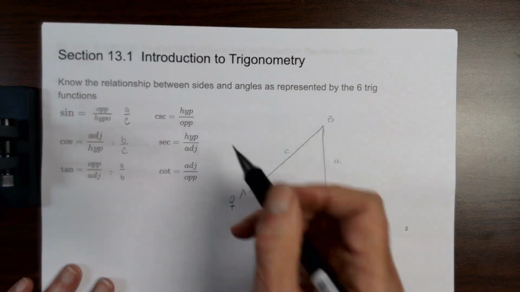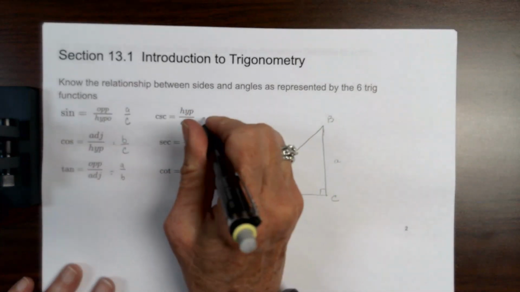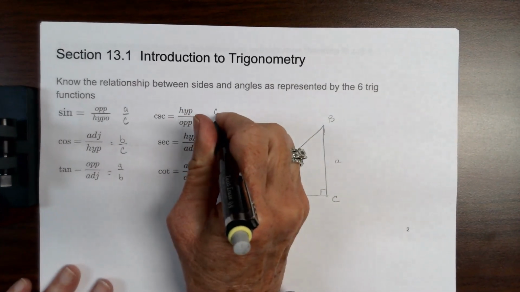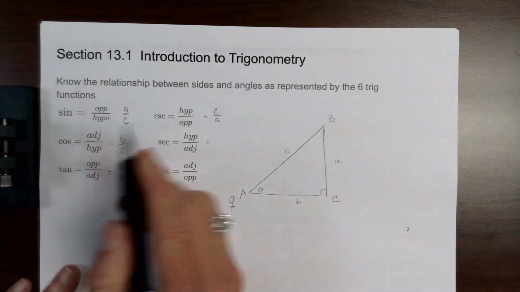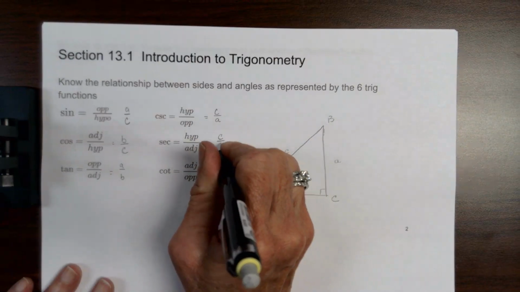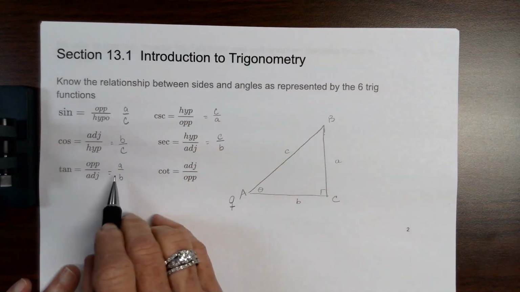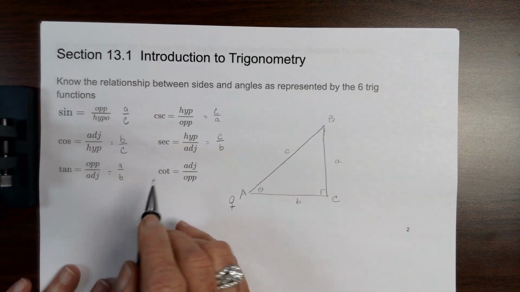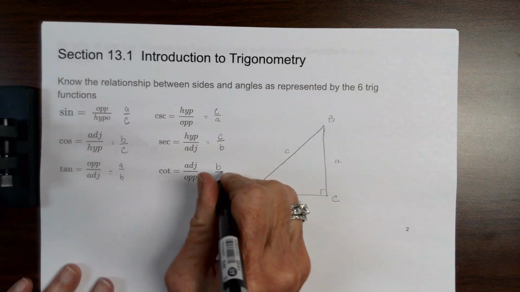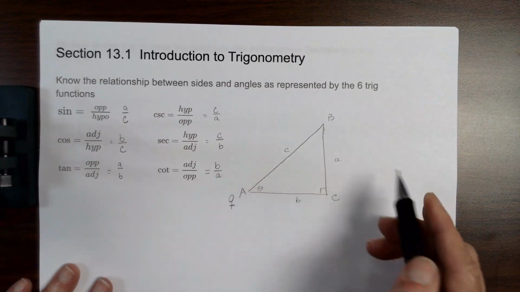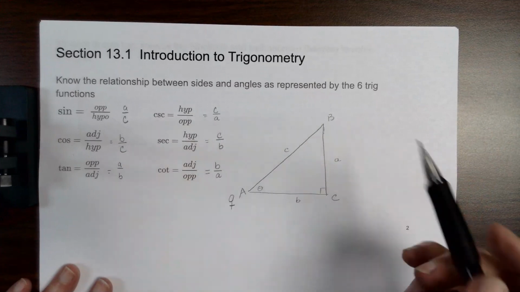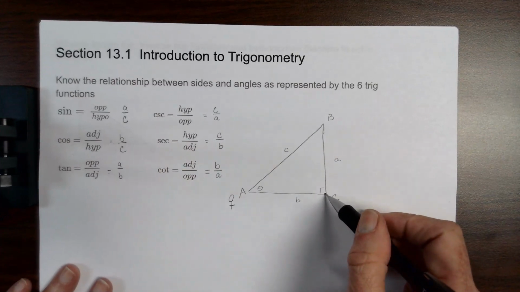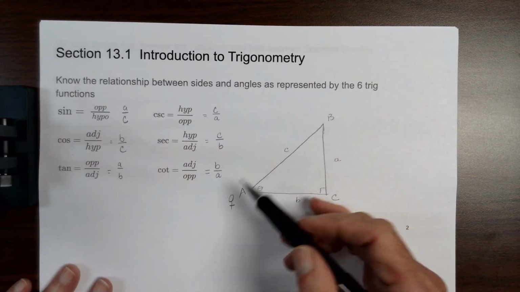The cosecant is the inverse of the sine, so you just flip this, so it would be C over A. The secant is the inverse of the cosine, so it would be C over B. And the cotangent is the inverse of the tangent, so it would be B over A. Okay, now obviously if you were up at angle B, these would be different. You're never going to be standing at the 90-degree angle, so it's going to be at one of the 2